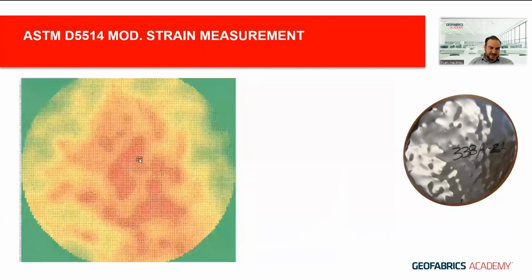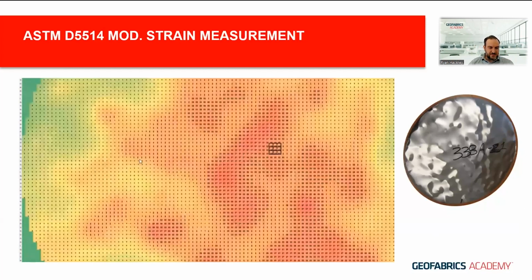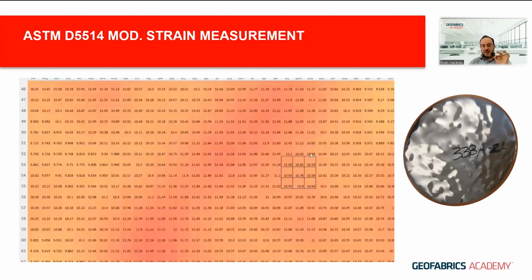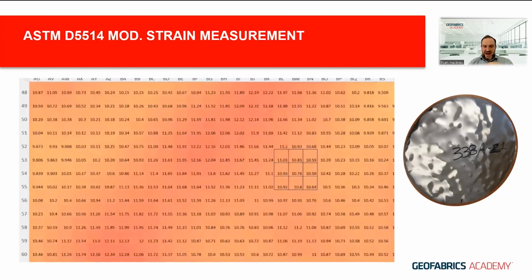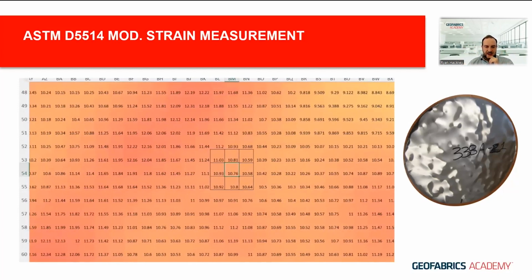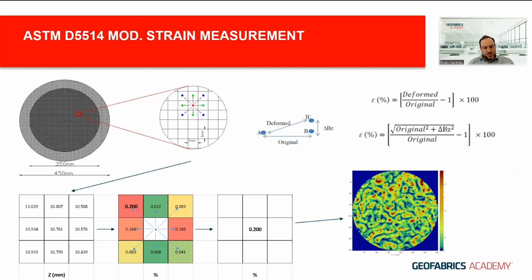This just depicts the level of detail that the laser is capturing in terms of those deformations. So as I say, for every square millimeter, the laser is capturing how much the geomembrane has deformed. And moving on to the strain measurement. From that 450 mm diameter sheet, the outer 50 mm is discarded for edge effects, and we focus on that inner 350 mm, which equates to about